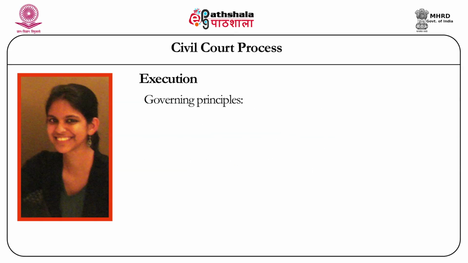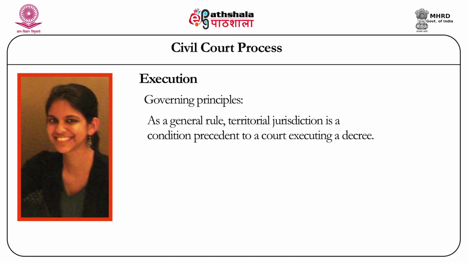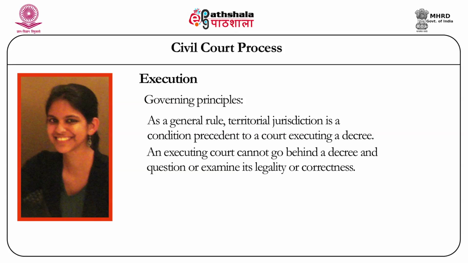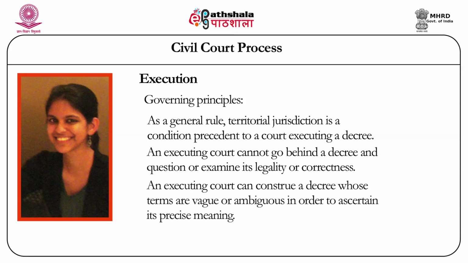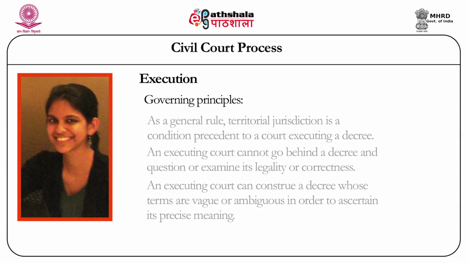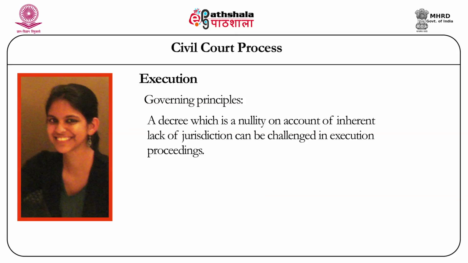Some important general principles governing execution are: 1. As a general rule, territorial jurisdiction is a condition precedent to a court executing a decree. 2. An executing court cannot go behind a decree and question or examine its legality or correctness, since an execution proceeding is collateral to the judgment. 3. An executing court can construe a decree whose terms are vague or ambiguous in order to ascertain its precise meaning. And 4. A decree which is a nullity on account of inherent lack of jurisdiction can be challenged in